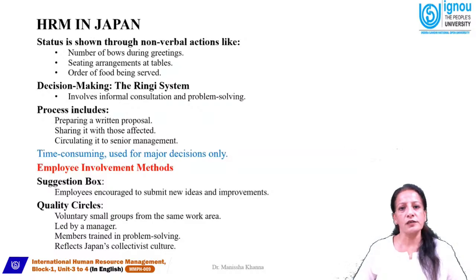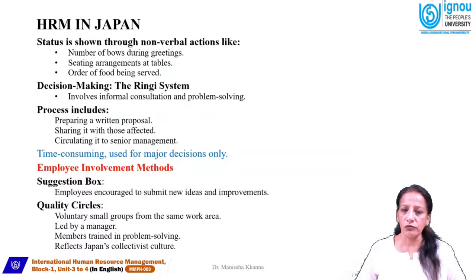Sitting arrangements are on the tables, either of meetings or dining tables. There it is shown that the person from the highest hierarchy, or the eldest person in the family, is in the main chair. They are in the center, and the rest follow, in an organizational context. The rest follow the sitting arrangement as per their status and hierarchy. The food being served is again on the same level.